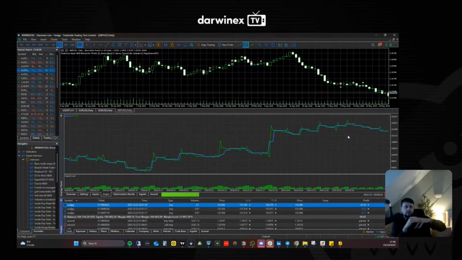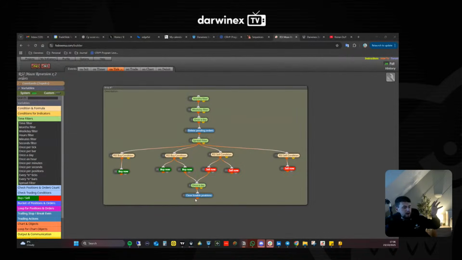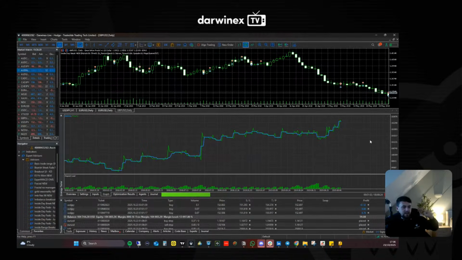I've set it so that it will buy or sell based on, is this the one with orders or no? So it'll market execute based on whether the RSI is above or below a certain level over a certain period on the daily, if spread is okay, and then it will enter 3 orders. It will enter 2 orders if the RSI is oversold. It will close one of those orders if it's a losing position at the end of the day. So if the P&L is negative, it will close one of them and hold the other one till stop or target. And then the third position will only be triggered if the RSI is further overbought or oversold.